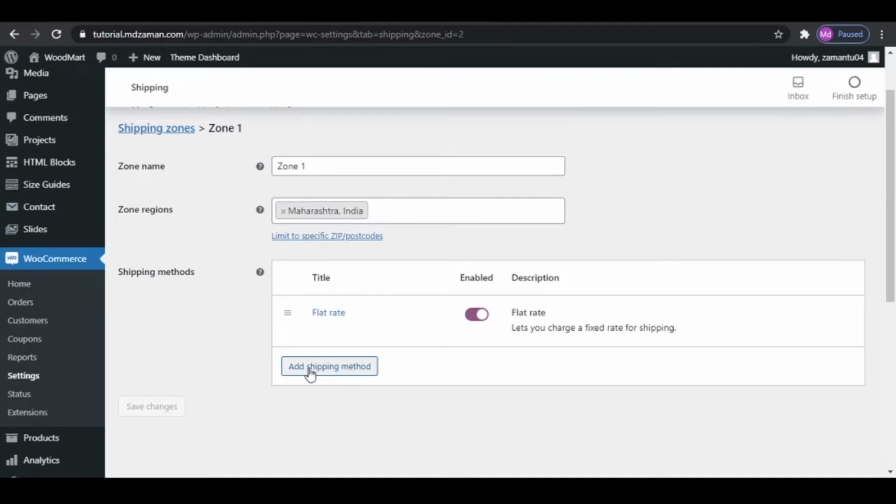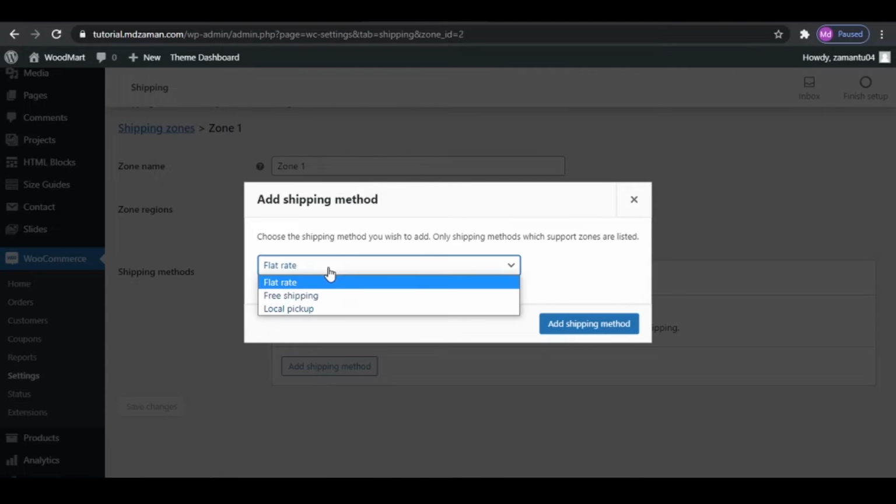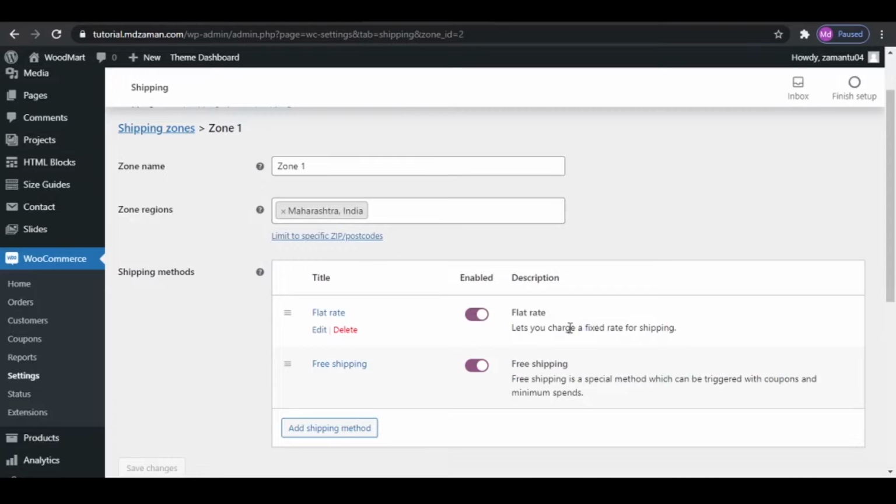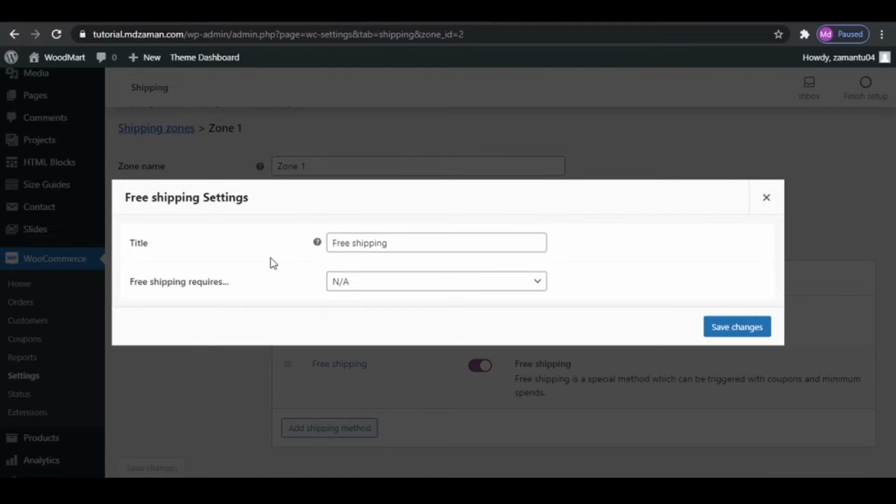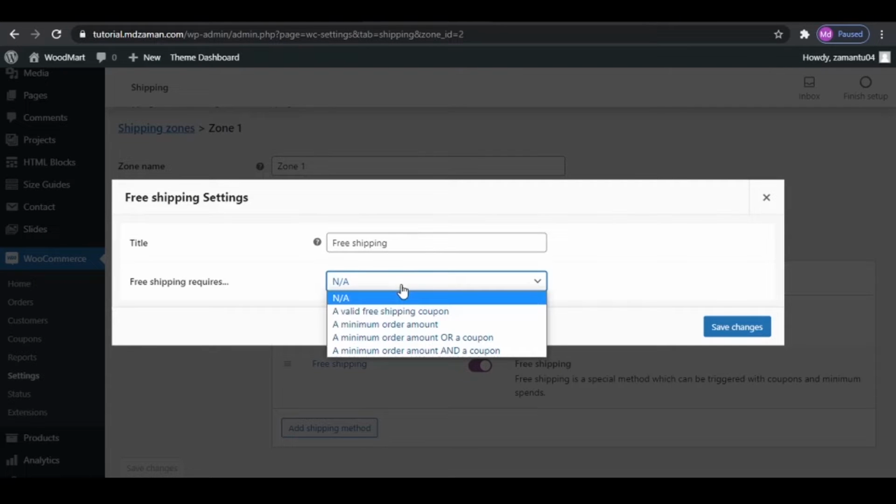And now let us click on add shipping method again. There are a few more shipping methods available. Like if you want to provide your customers with free shipping, you can click on free shipping and click on add shipping method. And if you click on edit, you'll find there are several options in this drop down. Like if you want to provide your customers with free shipping, what do they have to have? Like they can have a free shipping coupon and they can enter that shipping coupon to get the free shipping,